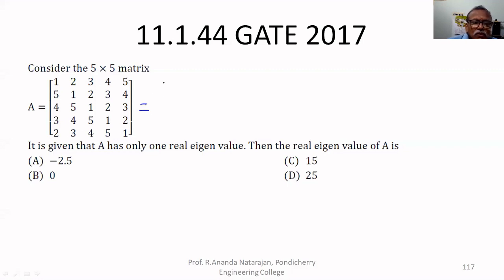So now what we can do is write the characteristic polynomial. To find the eigenvalue, what do we have to write? The determinant of A minus lambda I equals 0. You can write lambda I minus A also. So if you write it like that, the determinant of